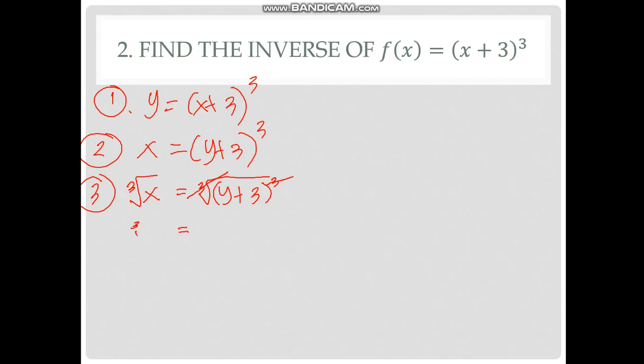So, ang matitira is the cube root of x equals y plus 3. And we have to eliminate itong plus 3 by subtracting 3 from both sides. So, the cube root of x, hindi kasama sa radical sign yung minus 3, equals y. So, we can write this as y equals the cube root of x minus 3. So the final answer, the inverse, is the inverse of f of